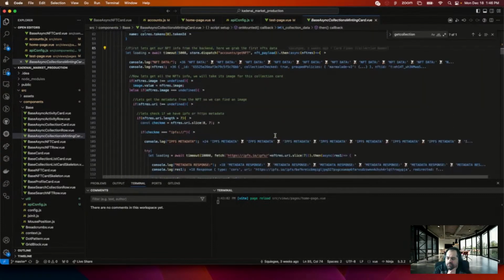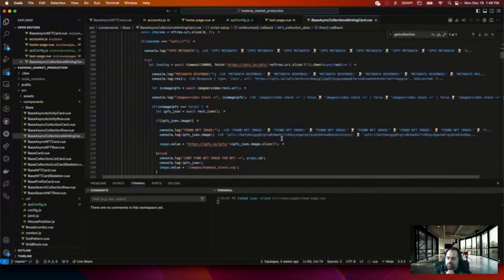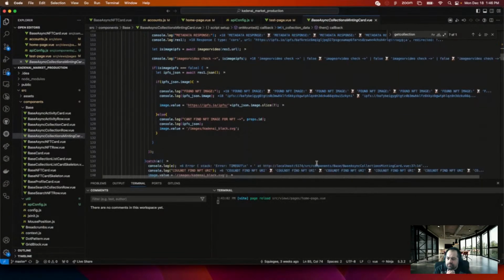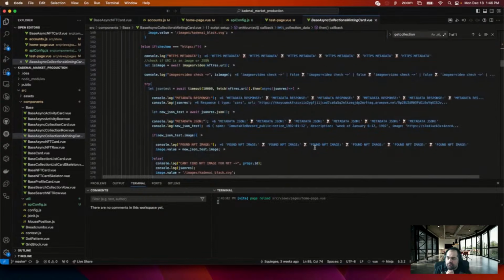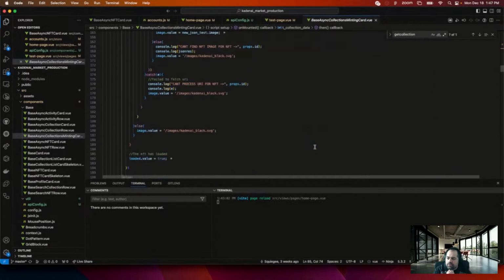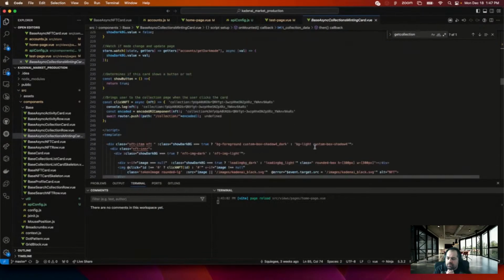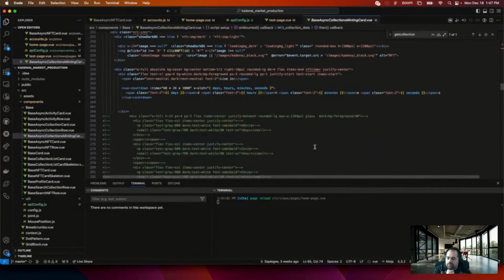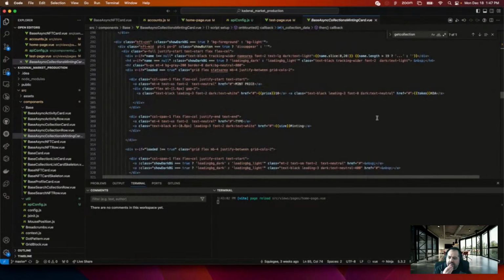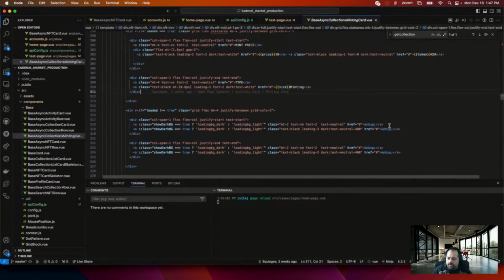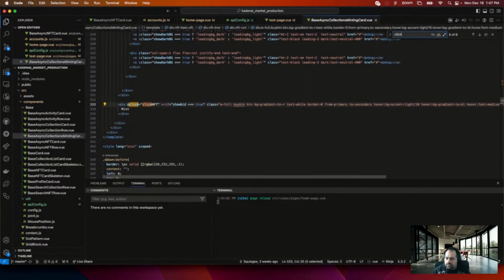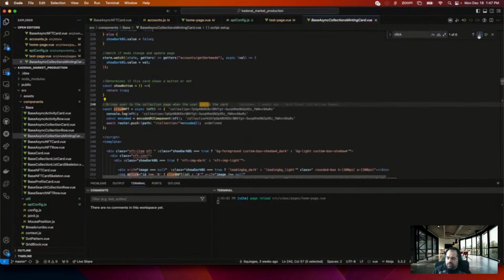Here we got the first NFT's data. Yep. Okay. I think I know. So like a click. Let's see what else we have for click. Click NFT brings user to the collection page.